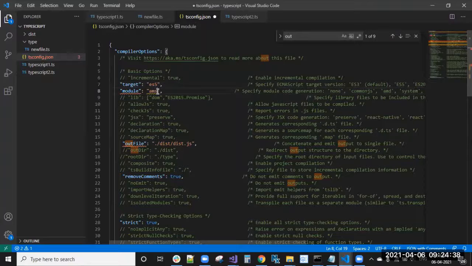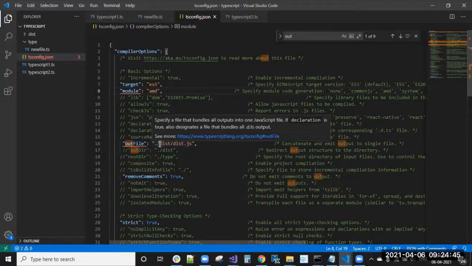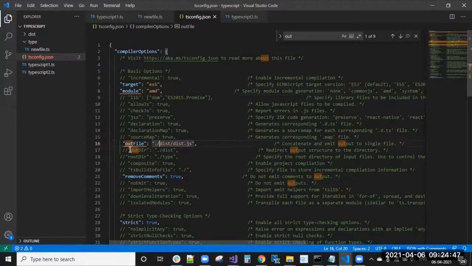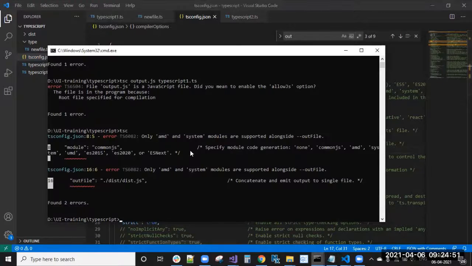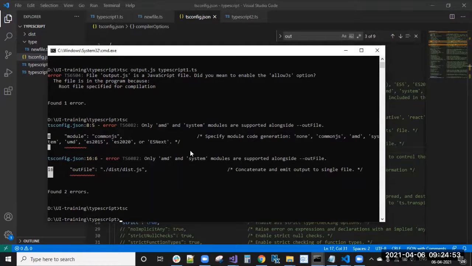CommonJS, AMD. Okay, it is compiled, guys.